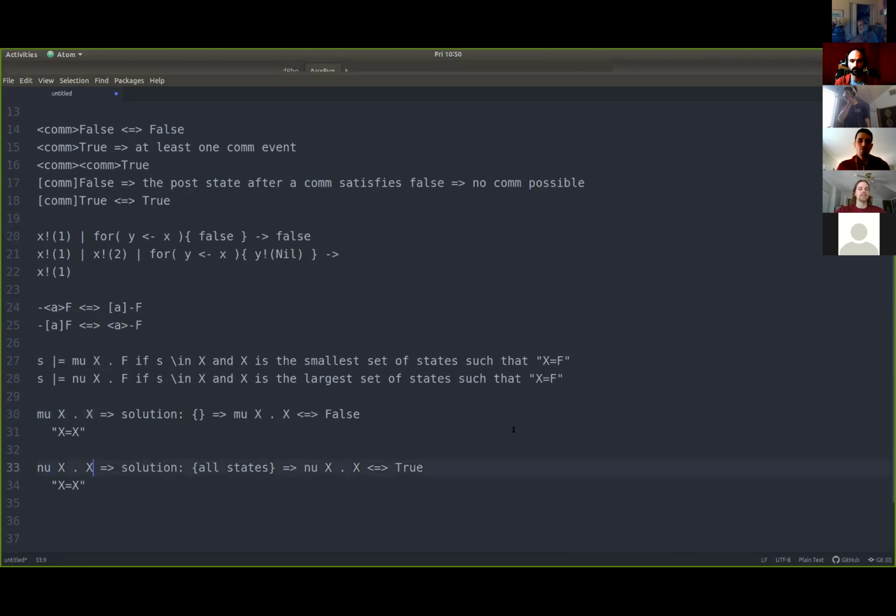He said, instead of starting with the empty set and iterating, start with true, and then you'll get this smaller and smaller set. And when you reach the fixed point, that's your new solution. Well, that actually makes a lot of sense, and I feel like it also explains why mu